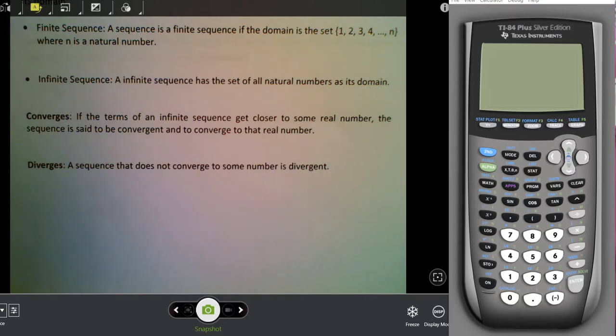So we're looking for it. We're going to look at the graph as well and look at the table and determine, just by the graph, first of all, if it converges. Now, if it diverges, then it's a sequence that does not converge to some number. So we'll determine if the